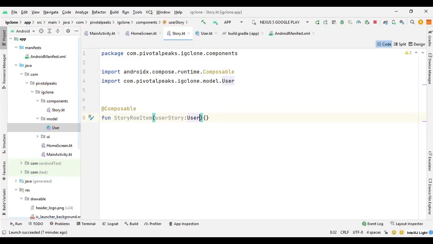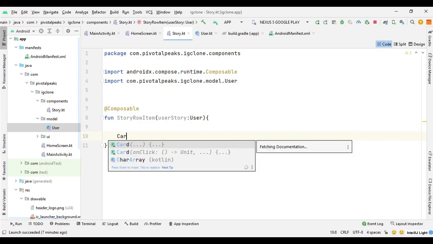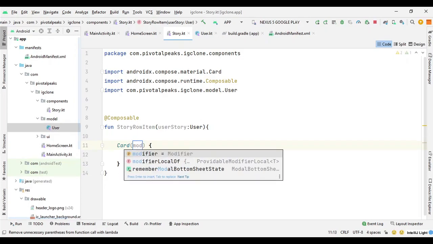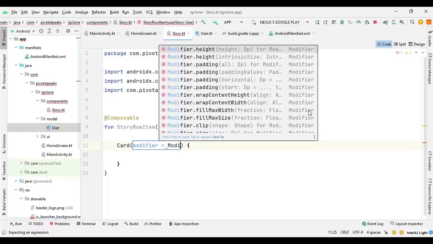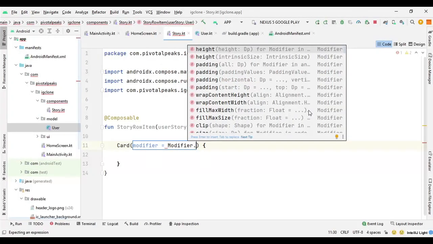Now in this row item we need to create a card so that we can put together the image and the name in a row column fashion. So here we will say Card, and we need to give it some properties. So we will say modifier equals Modifier.size.